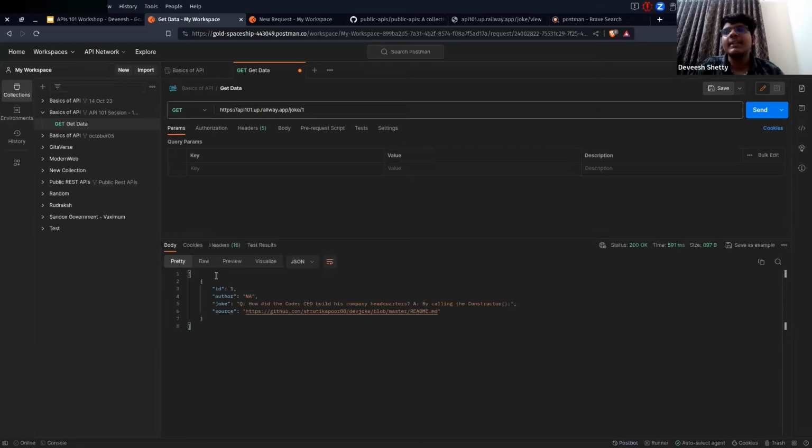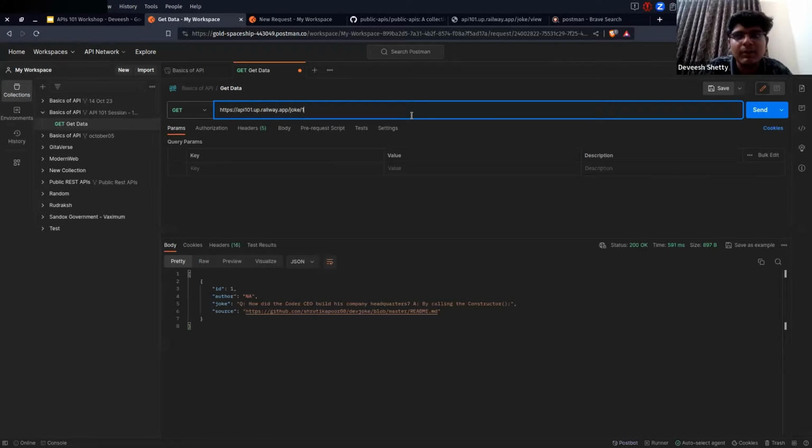It is like you are telling the database, I want the data of Deveesh. So every time I put Deveesh here, it will return me Deveesh only. It won't send me some other random person's data because I have specified whose data I want. If I didn't specify, in this case, it will send me some random data, which is not a real-world scenario, but this is how the developers have developed their API.